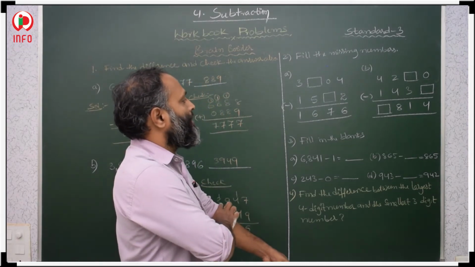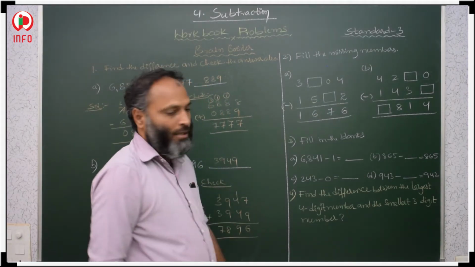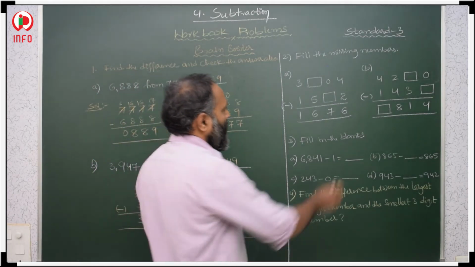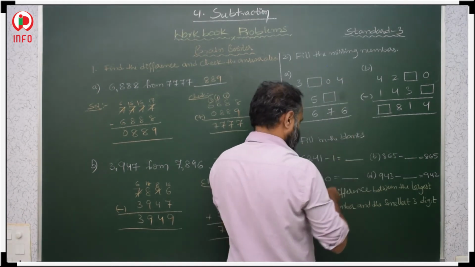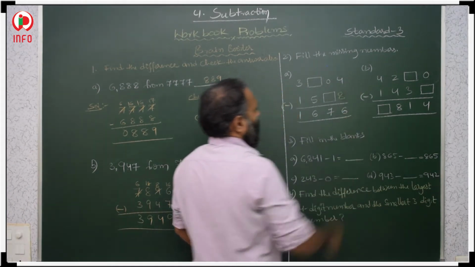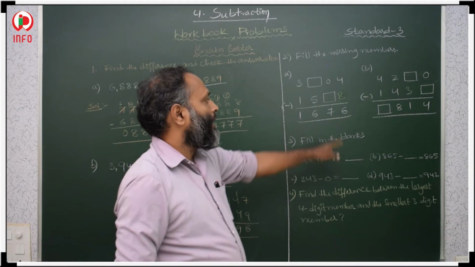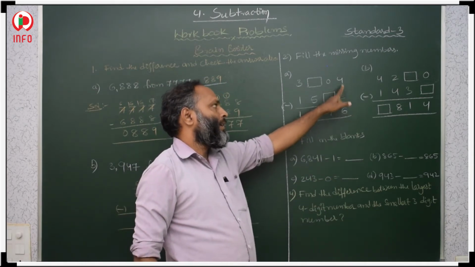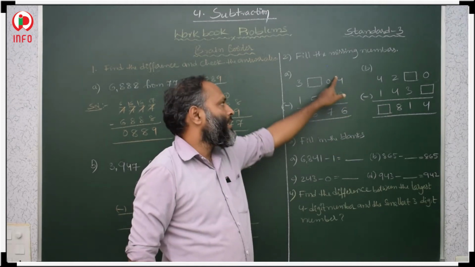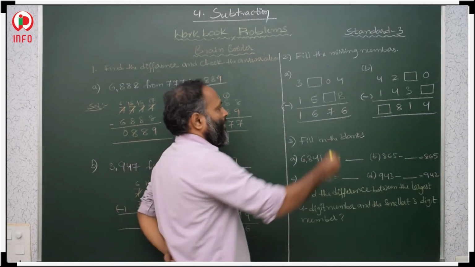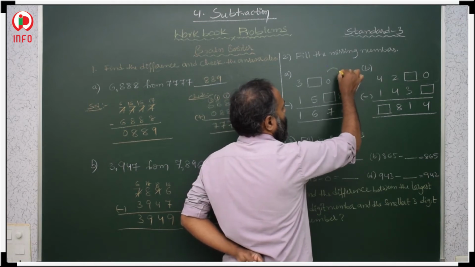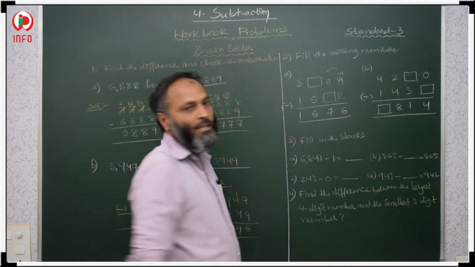Then here, minus. How to do subtraction here? See in this question, here 8 is there and there is no 2. So when will we get 6? This is greater and this is less, so we have to take power from the next place. We take power from here, so it will get 14. 14 minus 8 is 6.